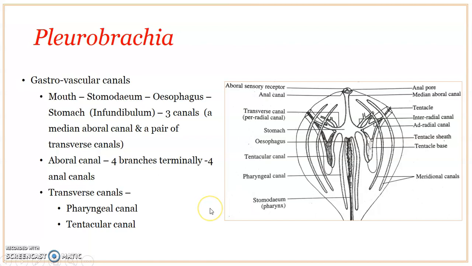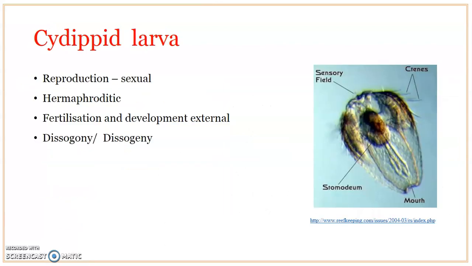Pleurobrachia is a microphagous carnivore and mainly feeds upon small pelagic animals. Now, regarding reproduction: reproduction is sexual in the case of Pleurobrachia, and just like in many other ctenophores, they are hermaphrodites. The gonads are endodermal in origin, and they develop in the inner wall of the meridional canals. They develop into a free swimming larva, which is referred to as a cydippid larva. Here you can see the figure. Okay, fine.